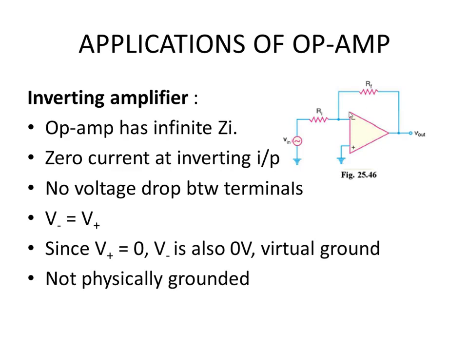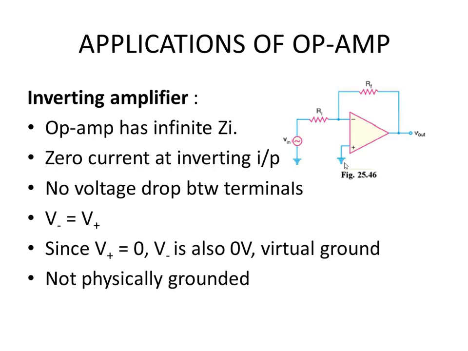So this is the circuit of the op-amp, with the inverting input and non-inverting input, and we connect two resistances: Ri, which is the input resistance, and also a feedback resistance Rf connecting the output terminal and the input terminal. Since this is an inverting amplifier, the input is connected to the inverting terminal of the op-amp. So this is the inverting terminal, and we are connecting the input voltage to the circuit through this Ri. Then the non-inverting terminal is grounded.